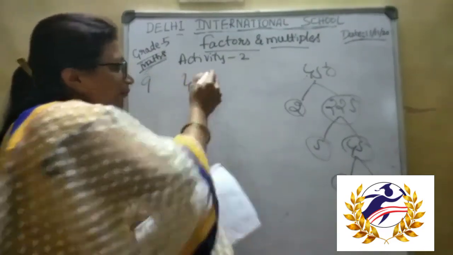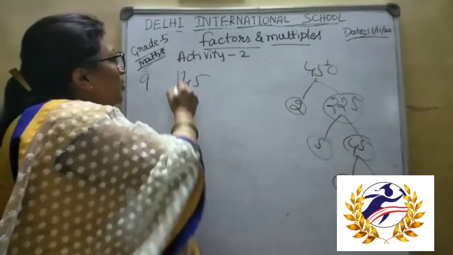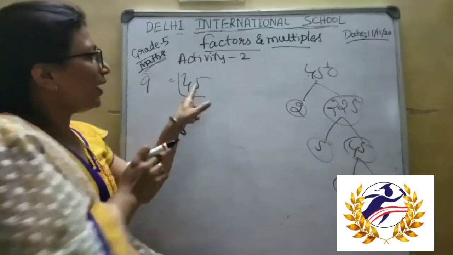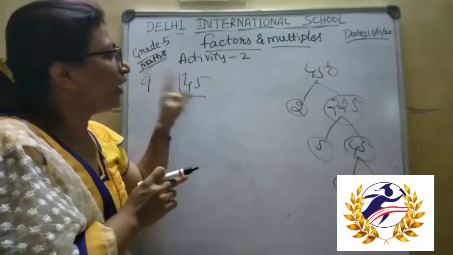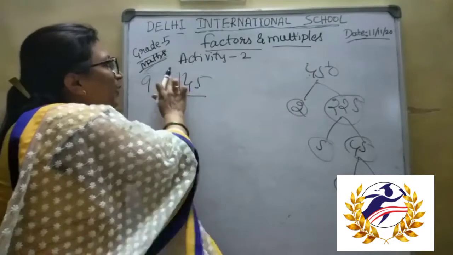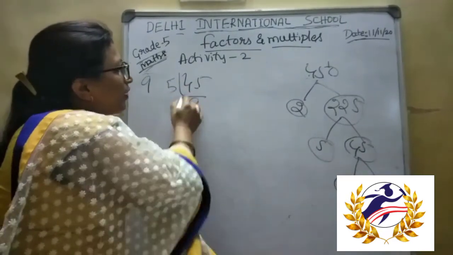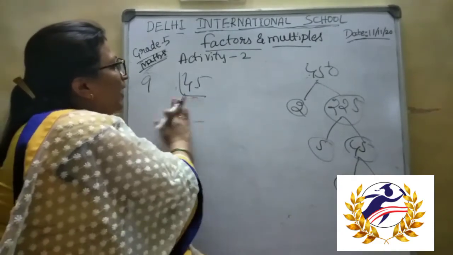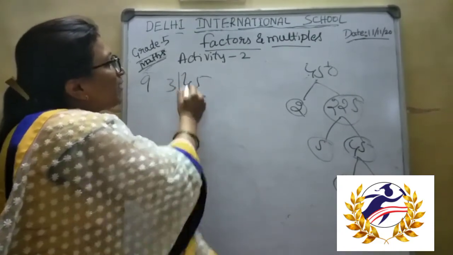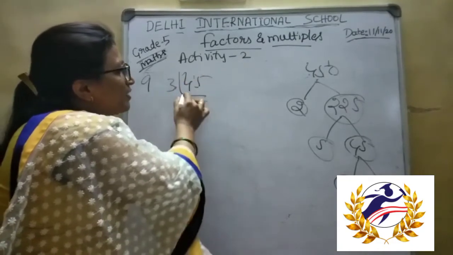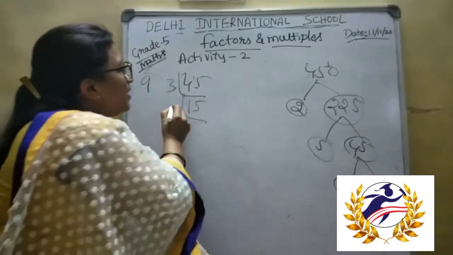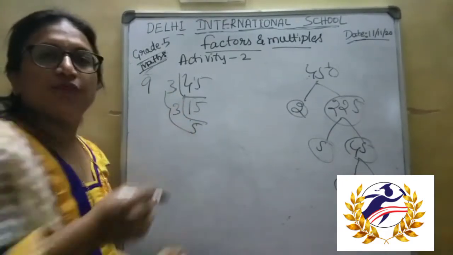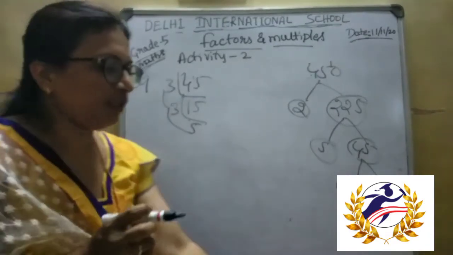So first problem by division method. Okay. So by division method, how we have to do? Here the ones place has 5, so it should come in a multiple of 5 only. So 5 nines are 45. So otherwise the first lower number we will take, 3. 3 ones are 3, 1 carry 15, 3 fives are 15, 3 15s are 45. So then 3 fives are 15. So 3 into 3 into 5 is the prime factorization of 45.